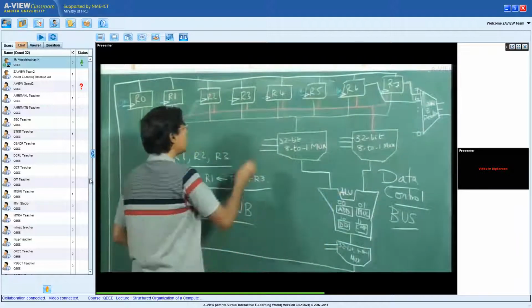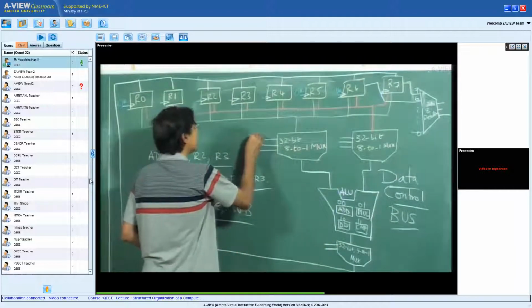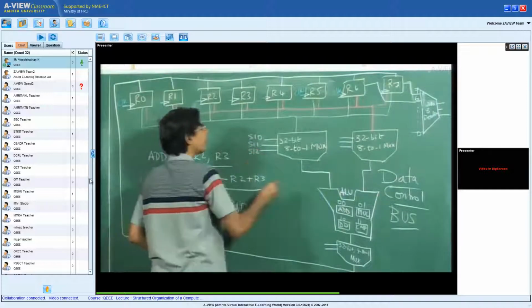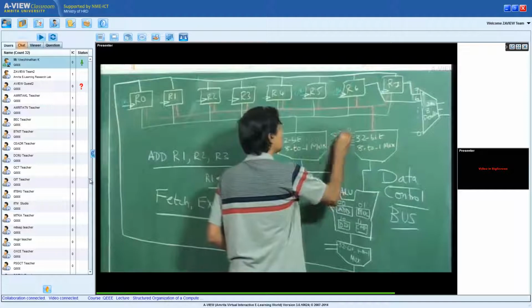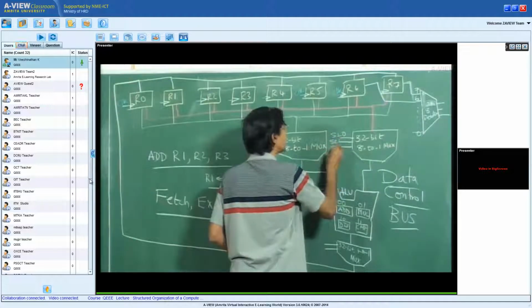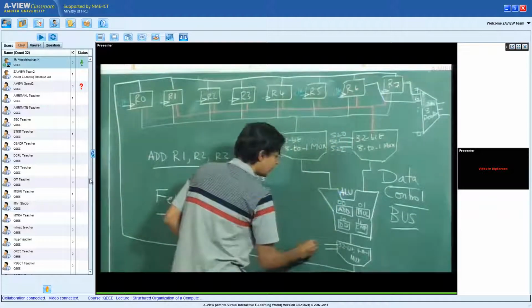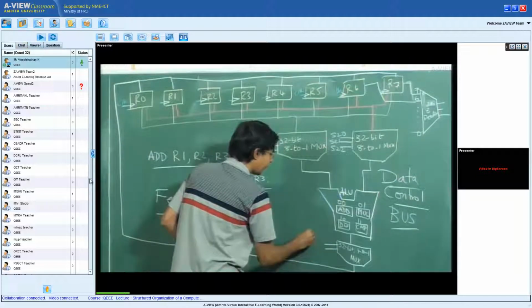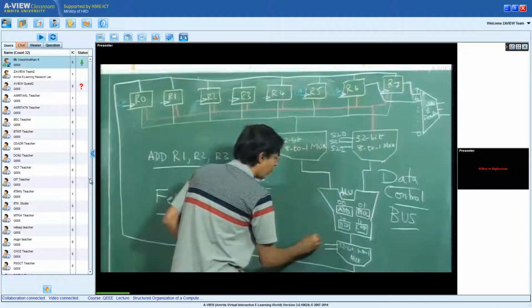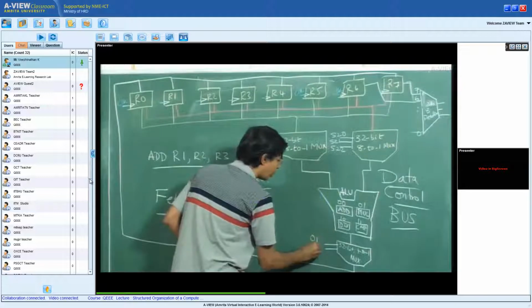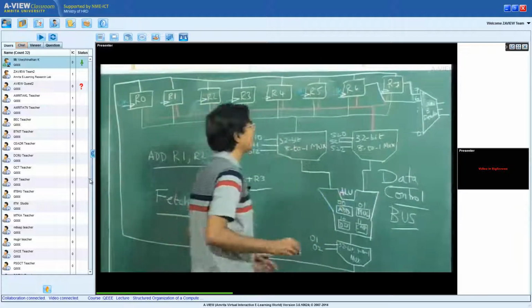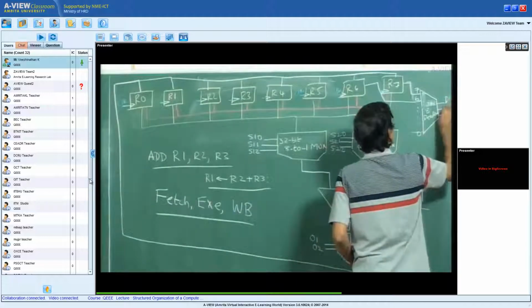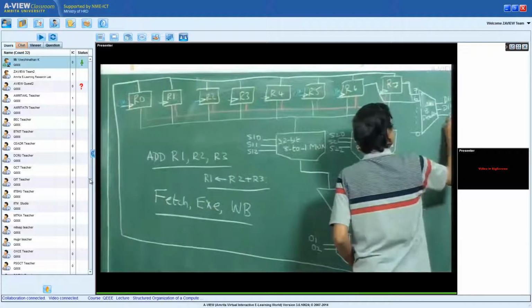Let me call them S10, S11, S12, S20, S21, S22, O1 and O2, and D10, D11 and D12.